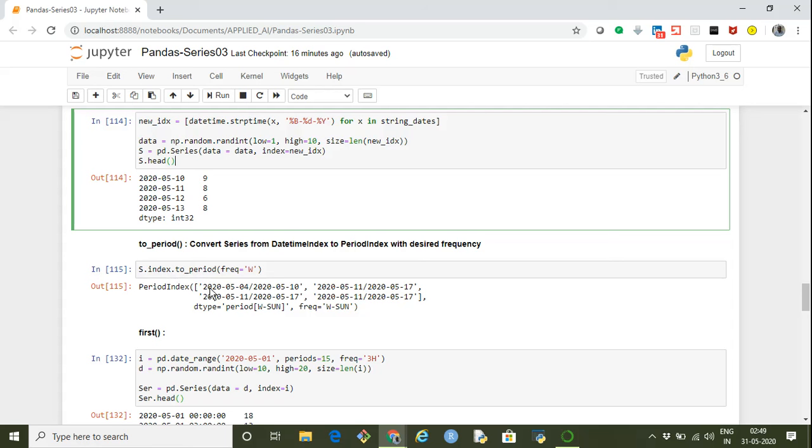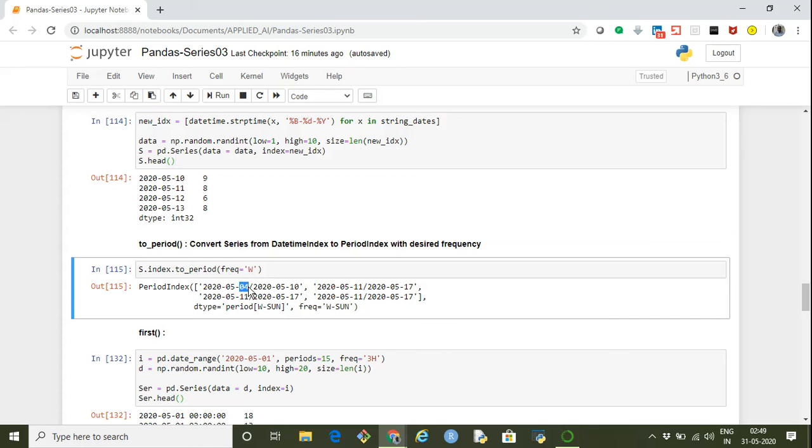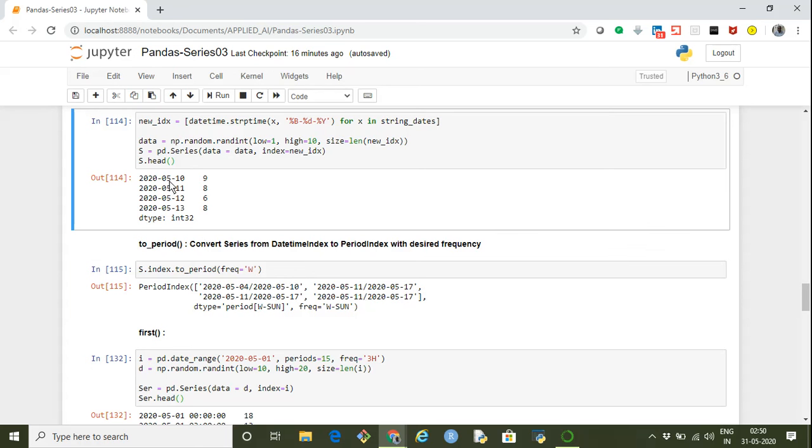If you see, the date 2020-05-10 gets converted into weekly, that is from date 4th to date 10. In a week there are 7 days, so it includes all those days. The next element is from day 11 to day 17. In this way we are converting each index from date to a weekly frequency.